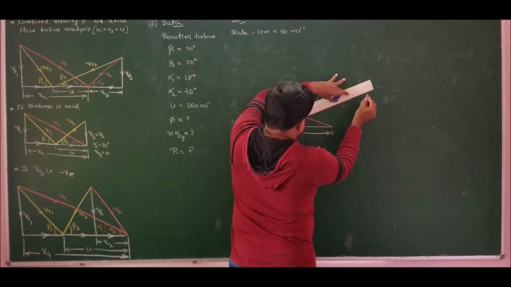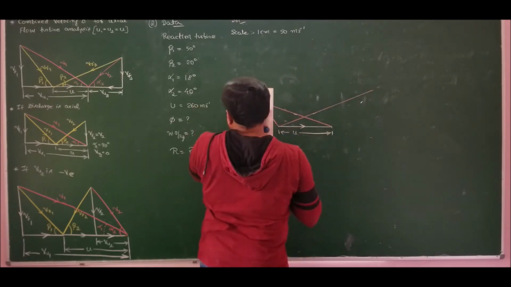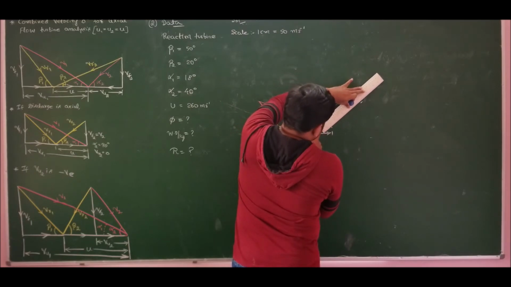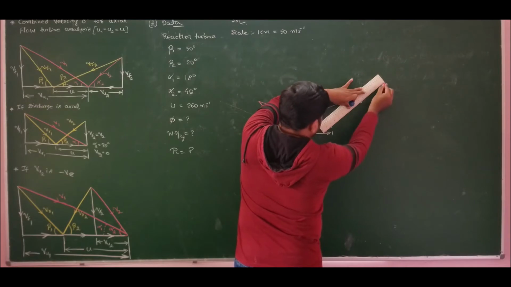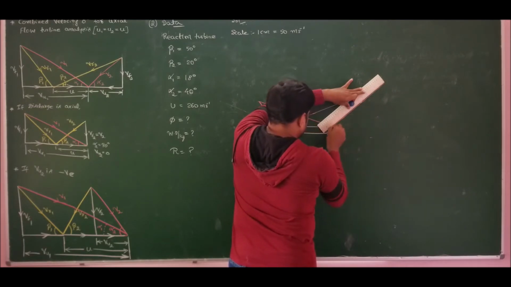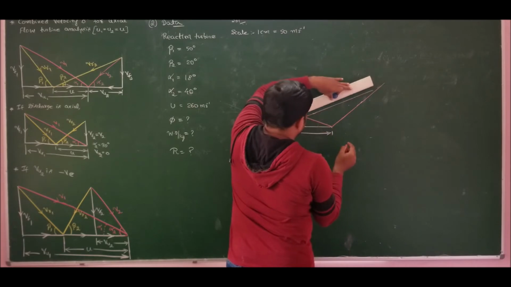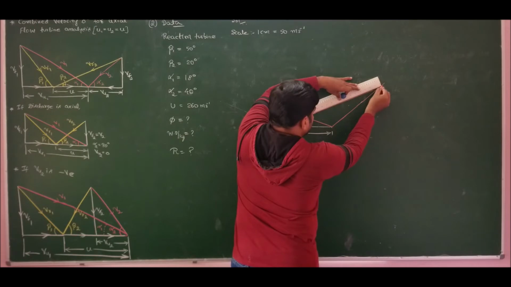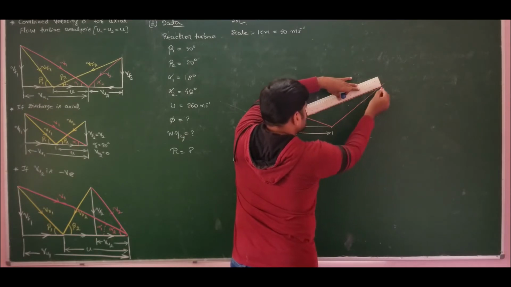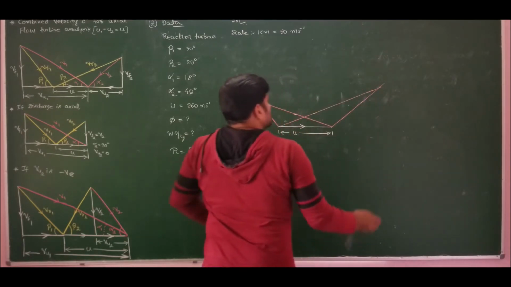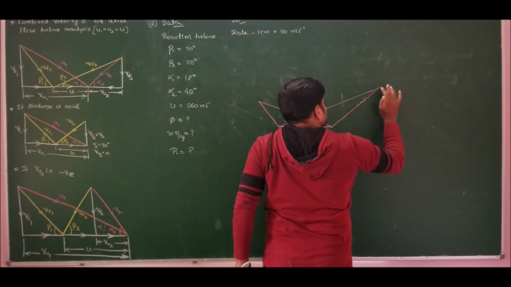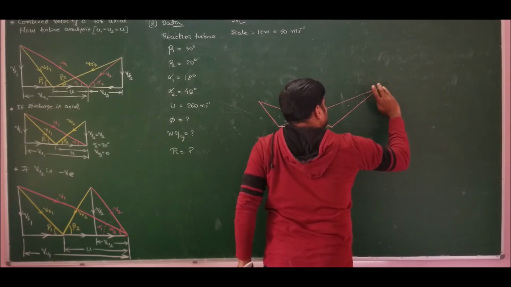So extend further. Now if I draw an unknown line length for alpha 2, given as 40 degrees, it will intersect the previously drawn line. So drawn alpha 2. If I extend VR2, it is intersected. So this point is nothing but this peak. So we have obtained both the peaks, thereby the problem is completed.